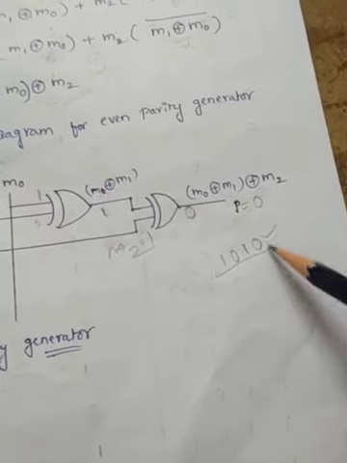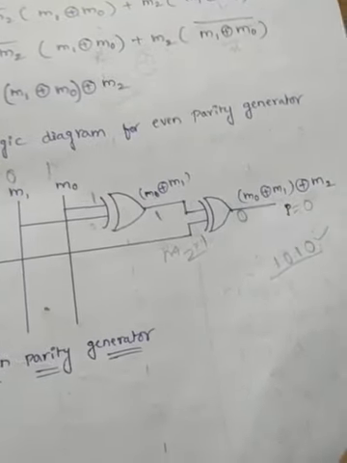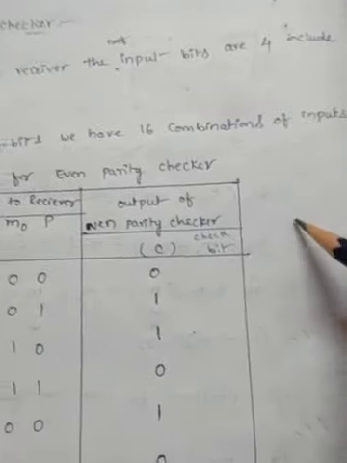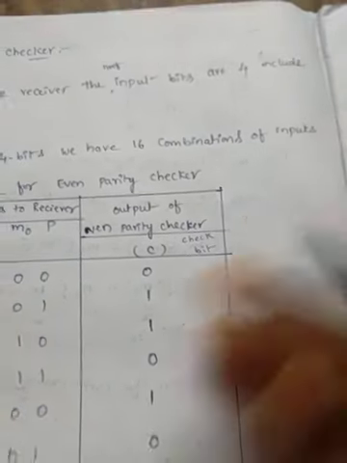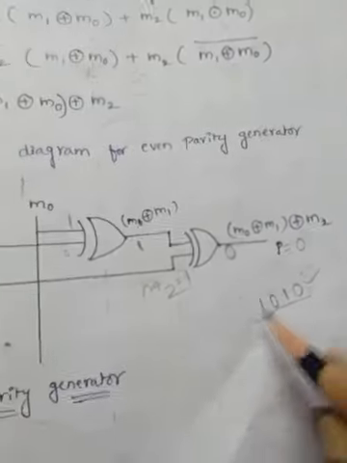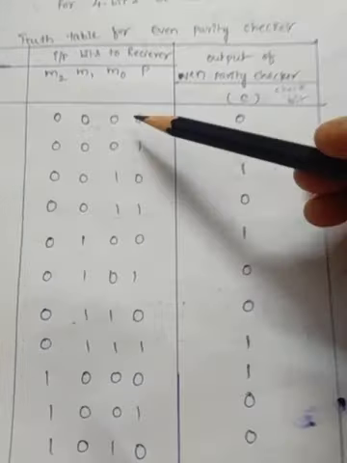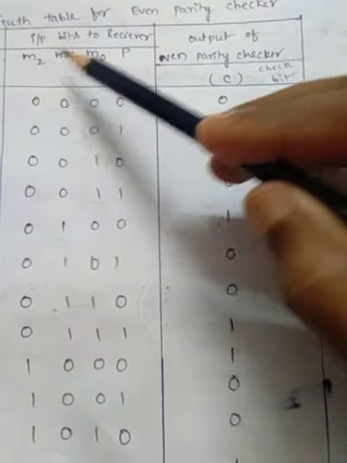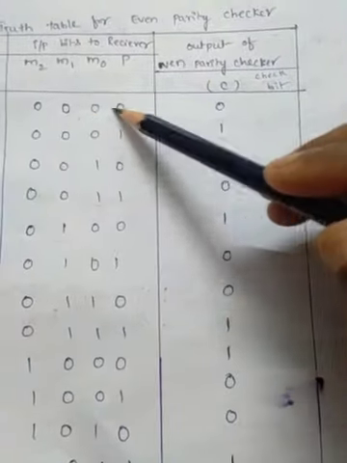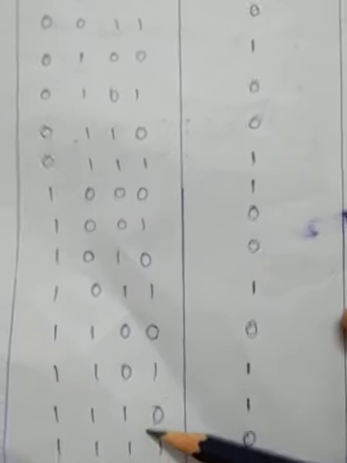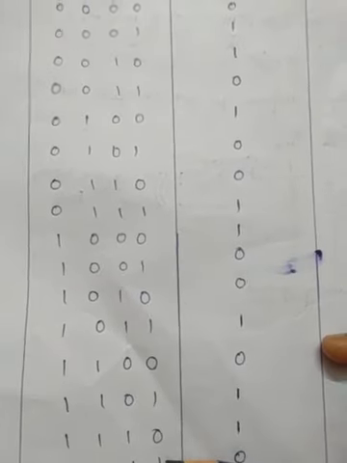Next, this encoded data is transmitted to the receiver. So now the input to the receiver is 4-bit data. So 3 message bits and 1 parity bit. So 4-bit data is applied to the receiver. So the 4 bits include message bits M2, M1, M0 and the parity bit. For a 4-bit combination, we have 16 inputs. So 0 0 0 0 to 1 1 1 1.